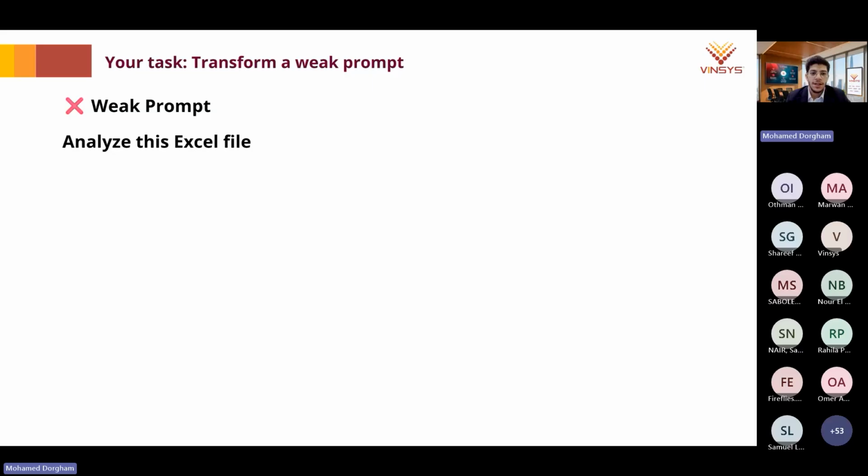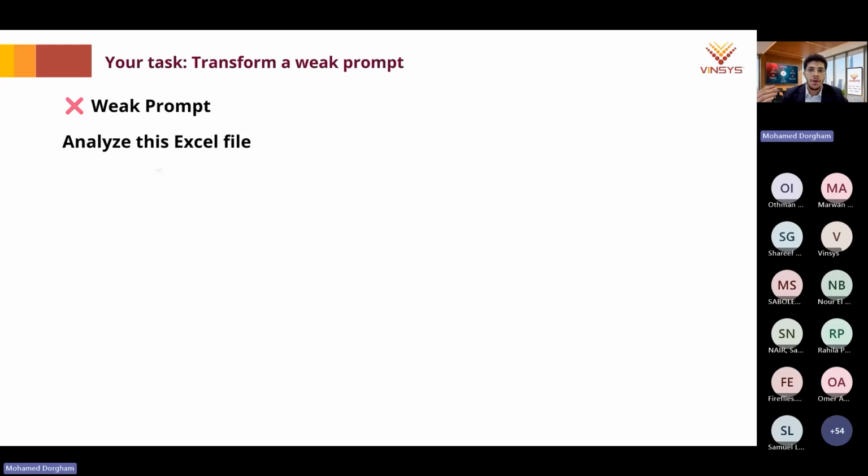Yes, exactly. Thank you so much, Noor, for your participation. And I can see now here all of us. Yes, definitely, even for me, this is very vague and of course ambiguous. It's not in a properly written format. When I say analyze this Excel sheet, even if I give it to ChatGPT, Gemini, or Copilot, it would be very hard and challenging for the AI to understand how exactly you want the analysis to happen.